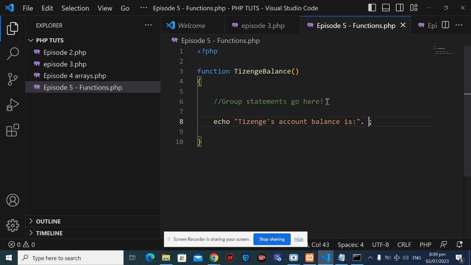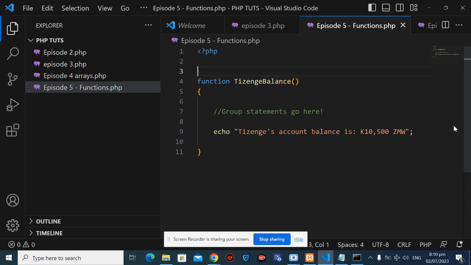Then we do the concatenation. We don't have to for now. We say 10,500 ZMW for Zambian kwacha. Yeah, Zenge balance. So the specific purpose of this function is to display the balance of this individual